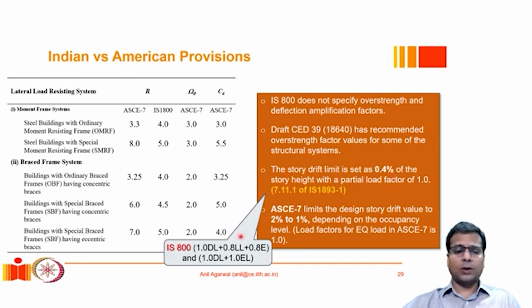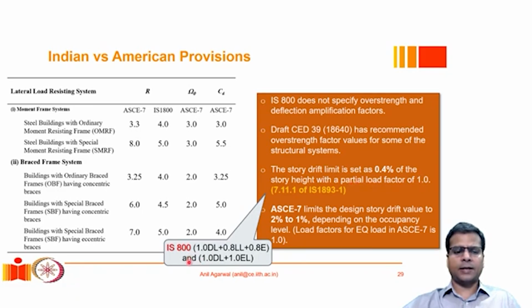Now here, one thing we must be careful about is that these provisions are taken from IS 1893. IS 800 gives different load combinations for the serviceability limit. So IS 1893 says that this 0.4% should be checked while considering a load case where the partial load factor applied to the earthquake load is 1.0. Okay. So we can interpret that